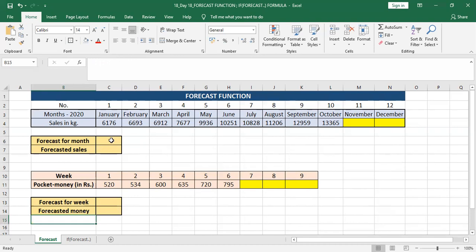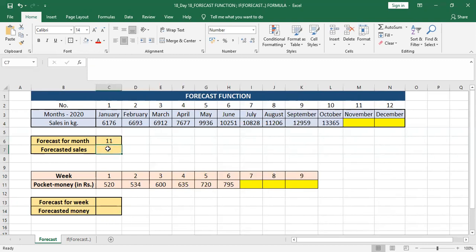So here we start the formula. First, I want the 11th month, right? November, and that's why I'm pressing November. You can just put this number also. Okay, you can refer to this cell too. That is, instead of putting 11, you can press equal and then select the cell, and that's it. If you see equal to this cell, you will get the same number.